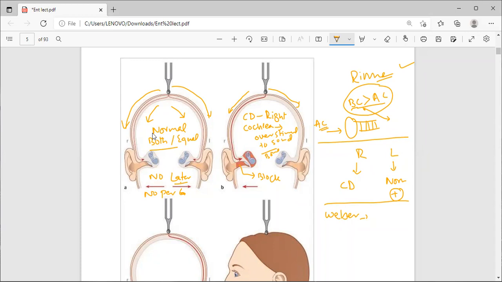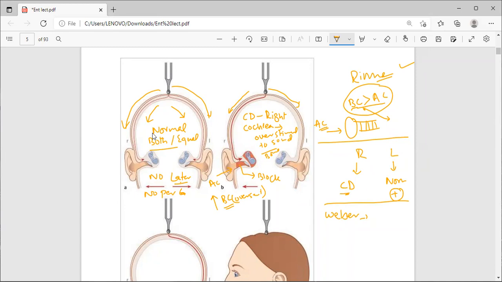Example I'm giving: suppose a blind person is very good with sound, hearing sound, because he cannot see. So here the same occurs, because the patient is unable to hear properly through air conduction, his bone conduction becomes oversensitive. Now the patient will tell you on the Weber test, the same one whose Rinne test showed conductive deafness on the